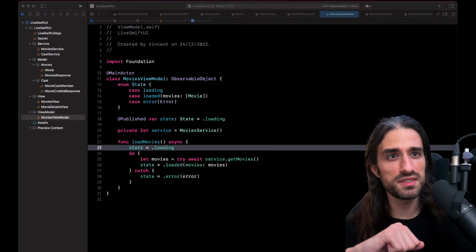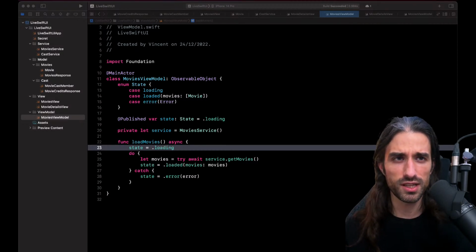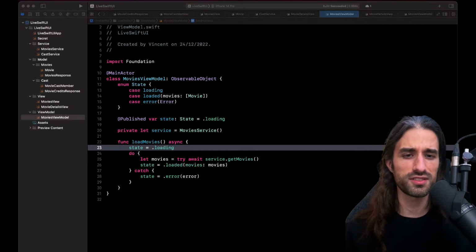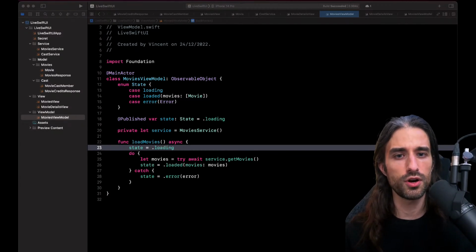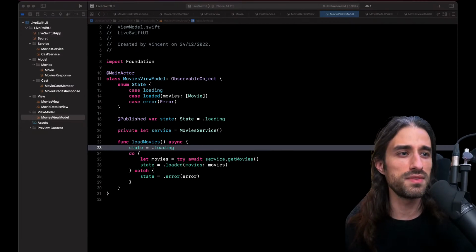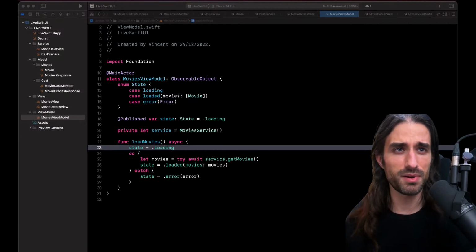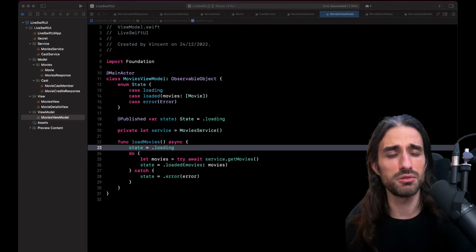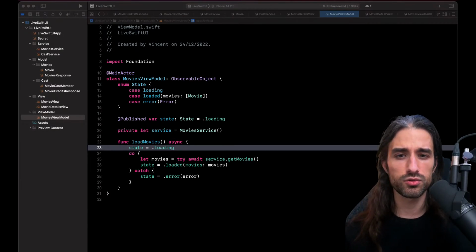Honestly, I think it's a great way to do it. You can still do MVC mostly in UIKit, because MVC doesn't work that well with SwiftUI, but in UIKit you can do MVC and split everything into child view controllers. That's actually the way that Apple had kind of envisioned the pattern, from what I understand, and the way that they implement their own apps. So MVC can work, but MVVM, at least from my personal experience in the industry, is the one that I feel is the most widespread and is a good pragmatic way to deal with the problems that an app has to deal with.